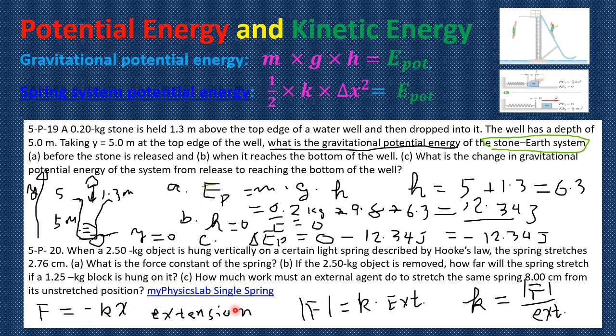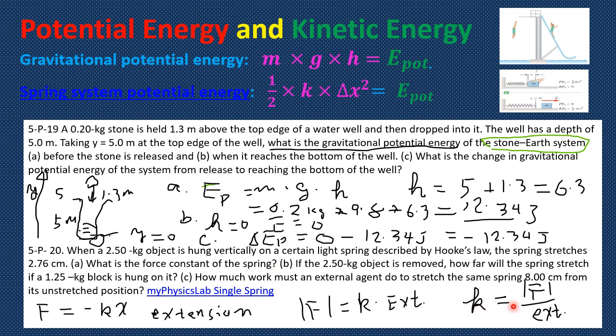But in this question we're more interested in the absolute value, which is simply equal to the spring constant multiplied by the extension, which means the more extension, the more force. That matches our experience about springs. And this constant tells you how strong the spring is. With the same stretch, if you have a stronger spring, which has a larger spring constant, then we will have a stronger force.